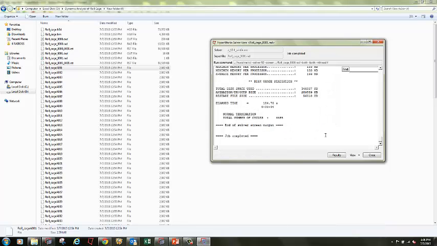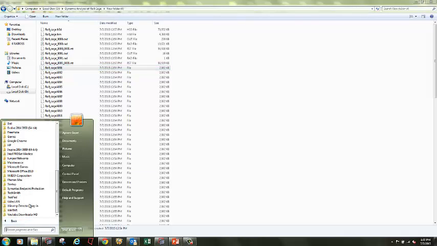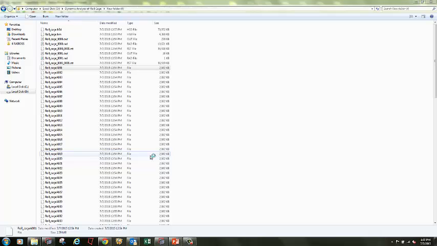Okay, you can see it has solved. Instead of clicking on result, I will click close, go to start, all programs, scroll down to HyperWorks Altair, Hyperview. It will take some more time to start. You can see in the new folder,